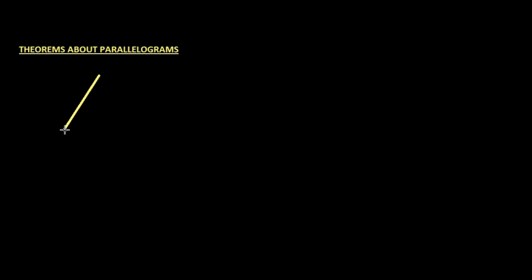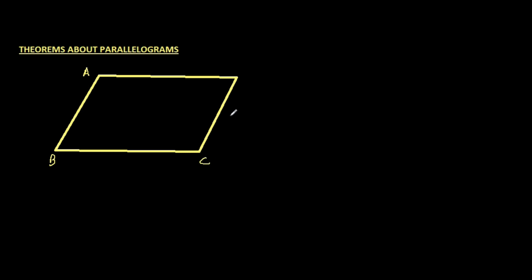So again, let's start with a quadrilateral. And let's name the quadrilateral too. So let's say this is A, B, C, D. Now what do we know about this quadrilateral? We know that a pair of opposite sides is equal and parallel. So we don't know that both pairs are equal and parallel, but we know just one pair is equal and parallel. So let me say that AD is equal to BC and AD is also parallel to BC.